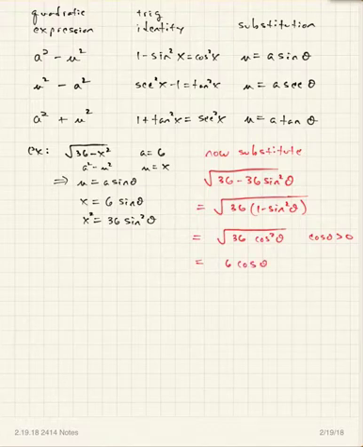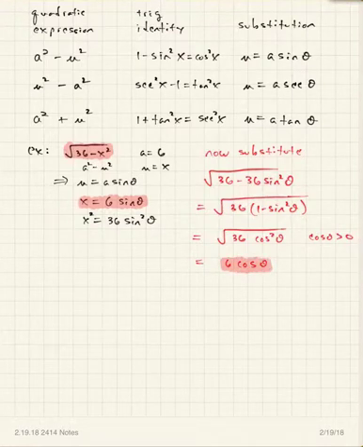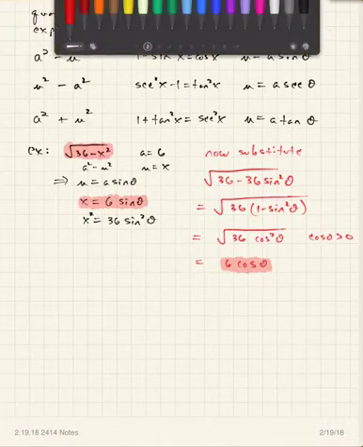So in this problem, what happened? We started with that algebraic expression. We made this trig substitution right here. We let x be 6 sine theta. And when we make the substitution, this algebraic expression simplifies simply as 6 cosine theta. And 6 cosine theta could be considerably simpler as far as trying to write out our substitution here and everything, or trying to evaluate an integral, I should say. Okay, so